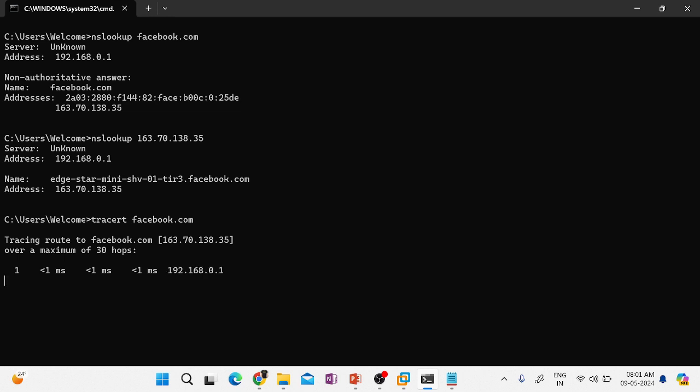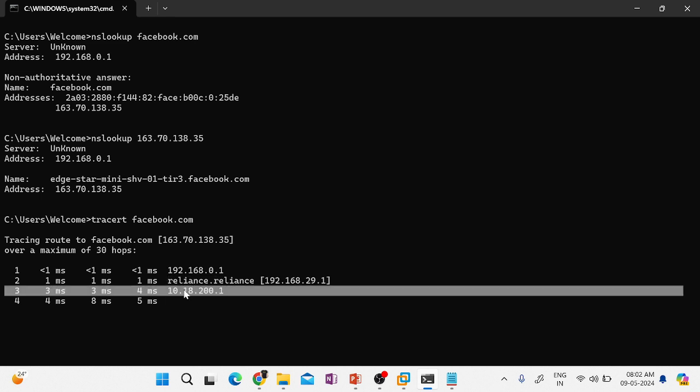Now it is telling me, see, the first one is my router, my house Wi-Fi router, 192.168.0.1. Then it is going and hitting my Reliance hub, means the Reliance Jio internet server. And this is all Jio internet only.